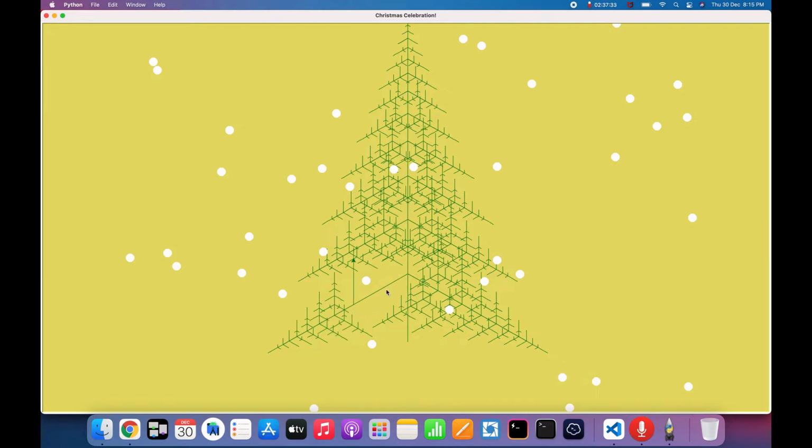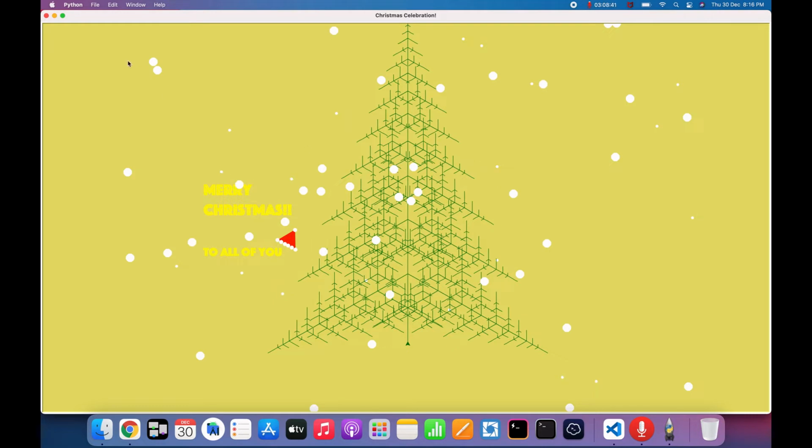And once the entire tree design is done, it will greet us with the Merry Christmas message as well, and we will draw a simple Santa Claus hat which will be displayed right next to you. You see here the Santa hat will be up here. Yes, here it goes. So this is the program you will learn. It's hardly 100 lines of code and everything will be designed here.